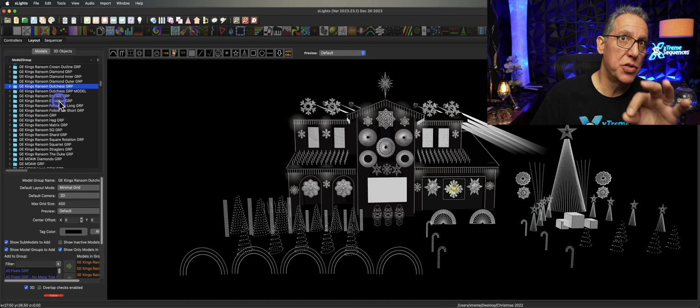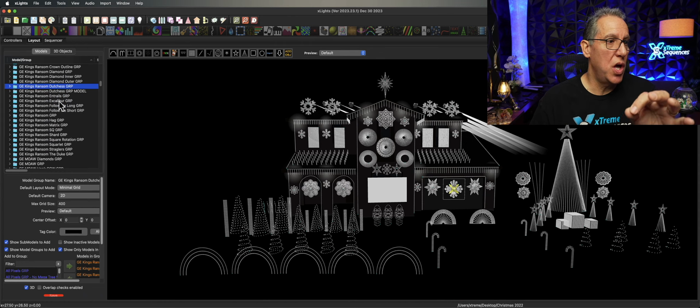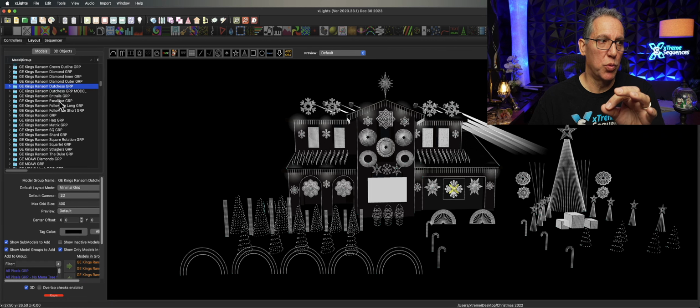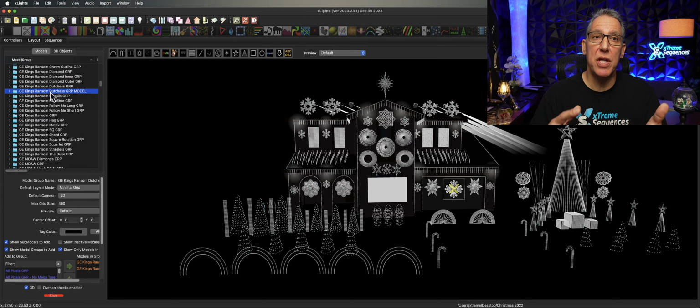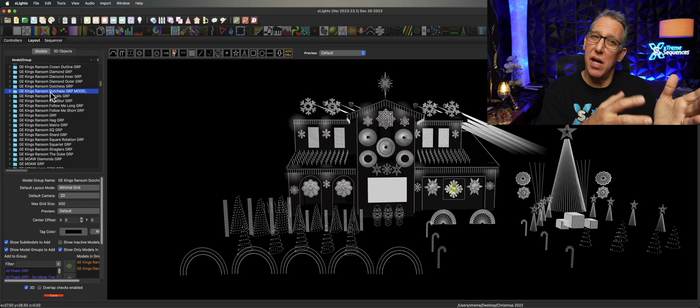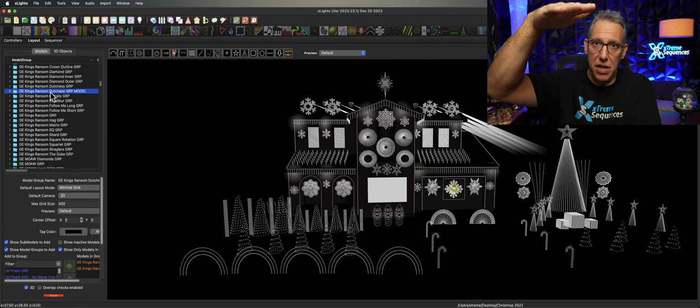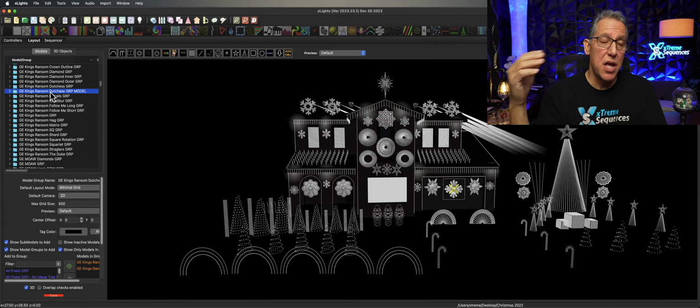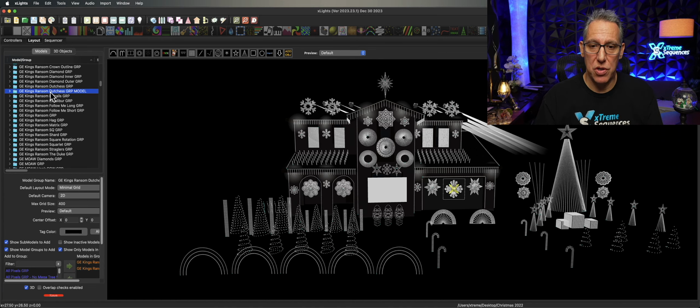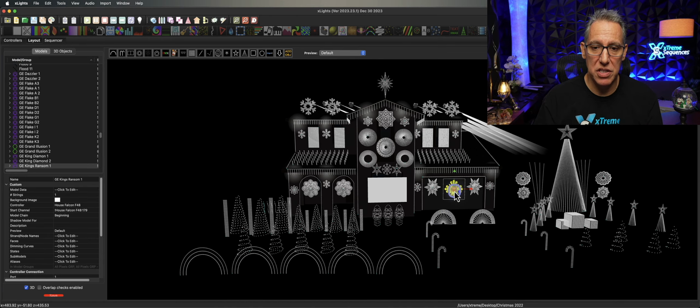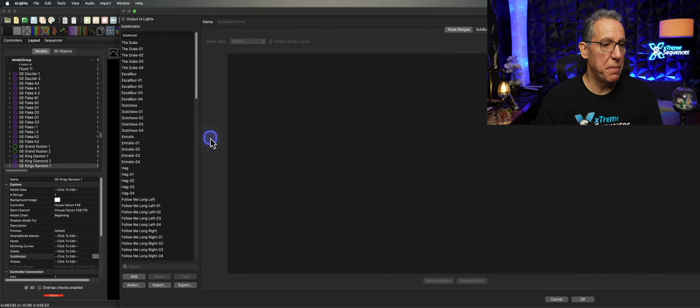Now, you're going to notice in these newer models, especially the new models that I've worked with, there are two types of groups. There is a Duchess group, and then there's also a Duchess group model. I don't really use the model portion of this, but I know that some sequencers use individual models that encapsulate all of the submodels into one. So I put these in here in case you want to use those. Let me show you what that looks like real quick. I'm going to deviate from course just for a second, just so I can show you what I mean by these submodels.